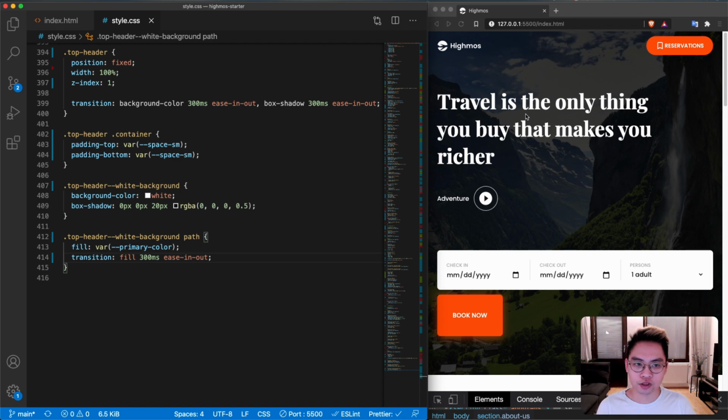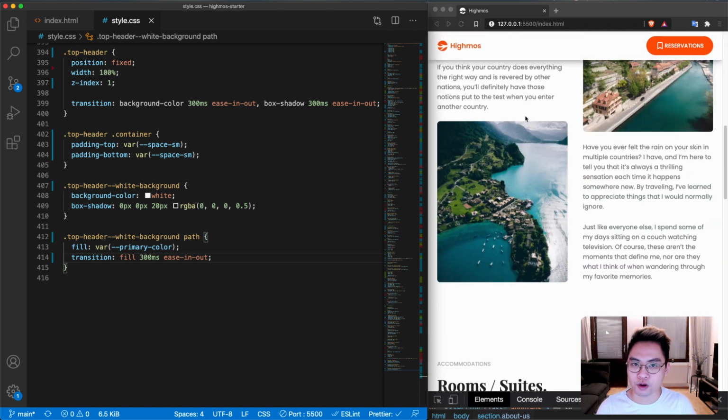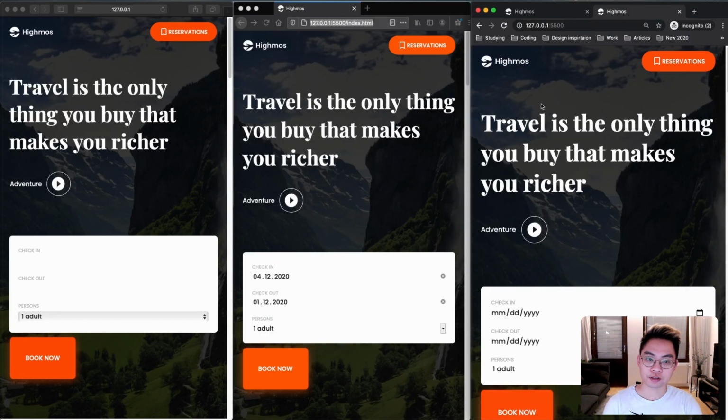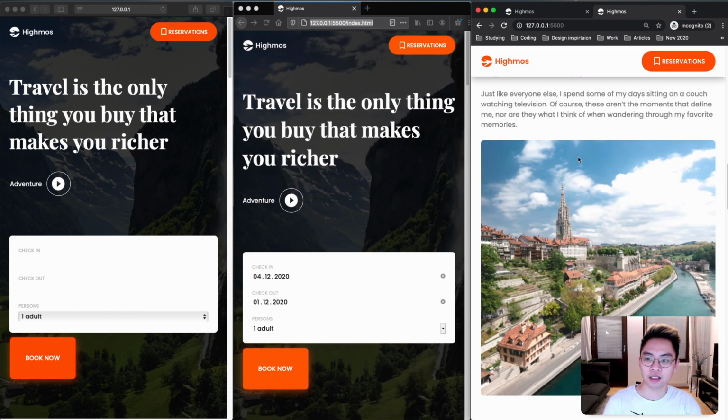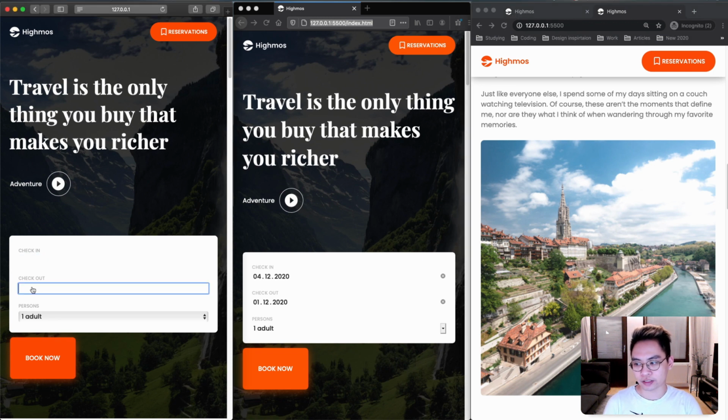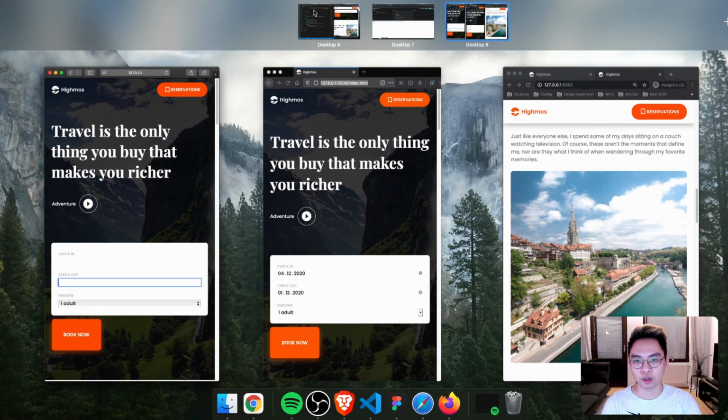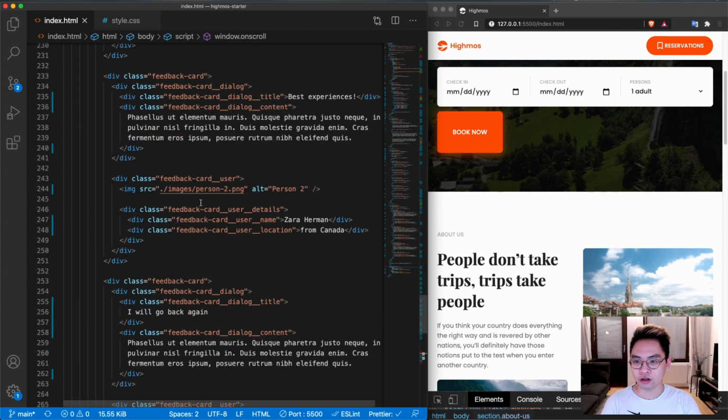So the next step is to check if this works for other browsers as well. So let's move on. Alright, so you can see now that I have 3 browsers, Chrome, Firefox and Safari. On Chrome and Firefox, everything works perfectly, but on Safari, the date input does not work, and unfortunately Safari does not support date input. But one thing we can do is that if we go back to our HTML and